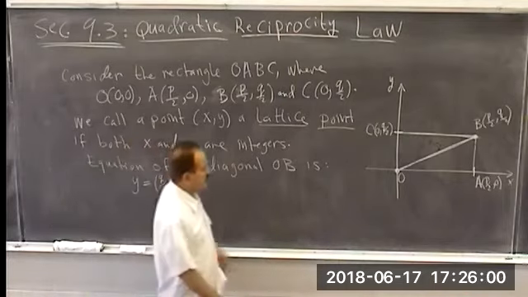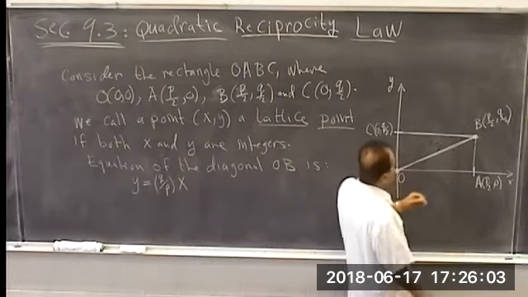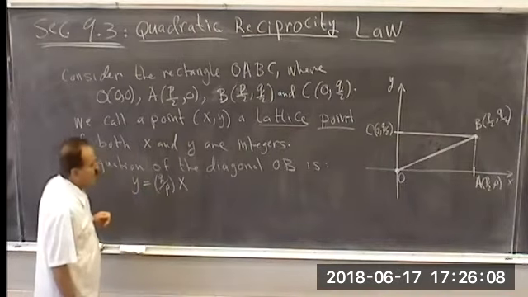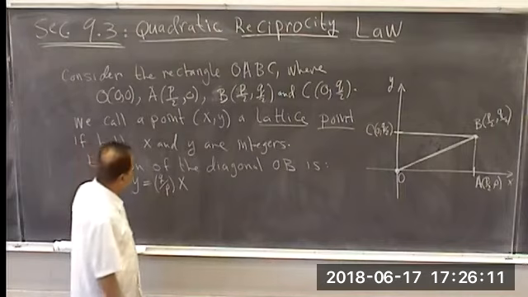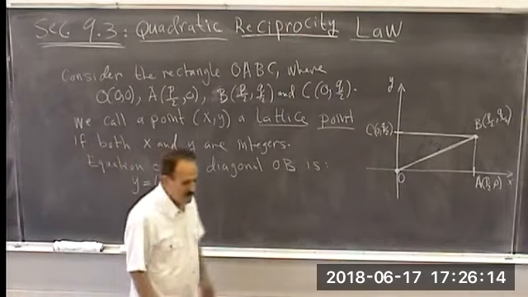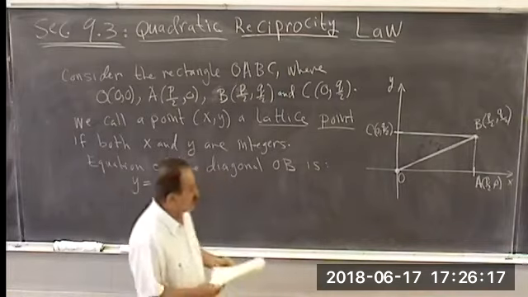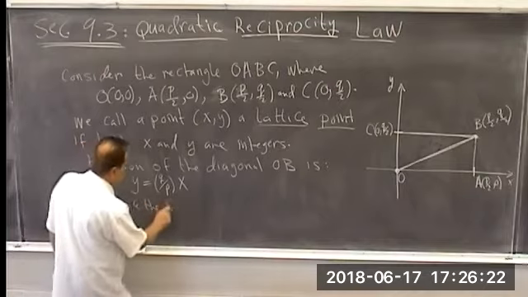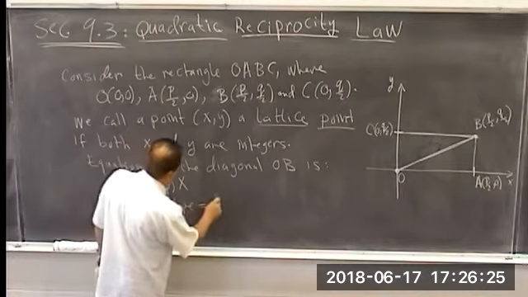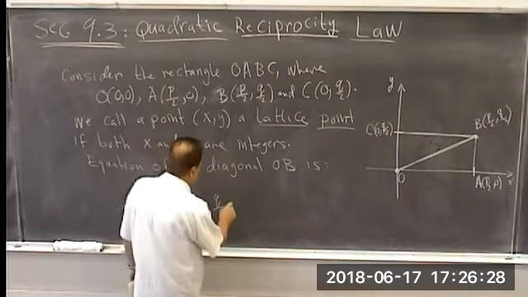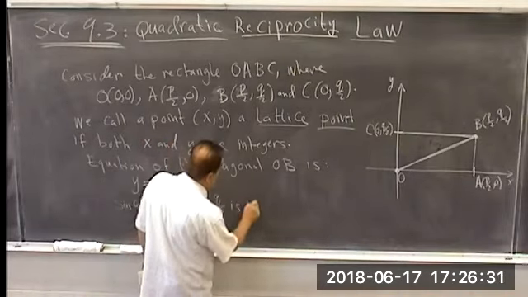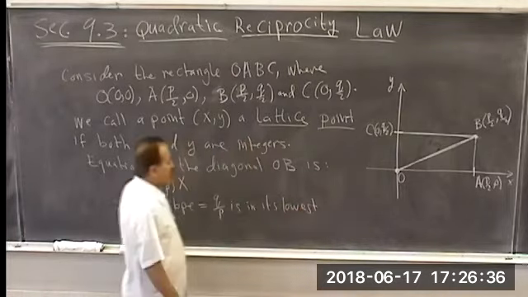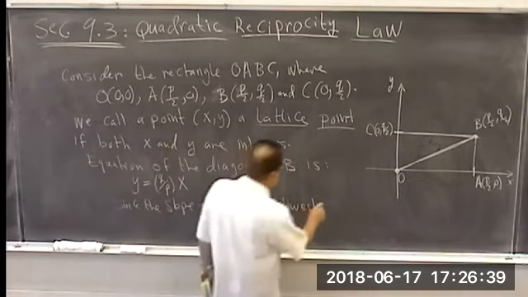It has a y-intercept of 0, and the slope is the rise, q over 2, divided by p over 2. So this is what we get. Now, since the slope, which is equal to q over p, is in its lowest terms, because there is no common factor between q and p,